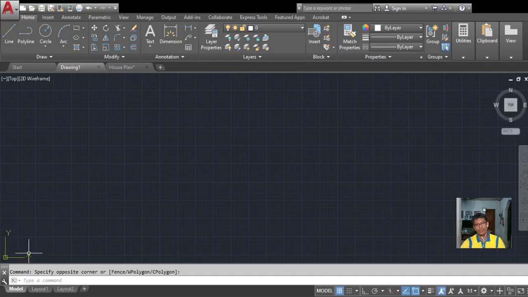You can see the X and Y axis. We call this the UCS, or User Coordinate System. It is there to remind you which is the X-axis and the Y-axis. If you still remember your lesson in algebra, we have the Cartesian coordinate system. This is similar to this. We have the X and Y axis. In the case of the AutoCAD working environment, X denotes the horizontal line and Y denotes the vertical line.